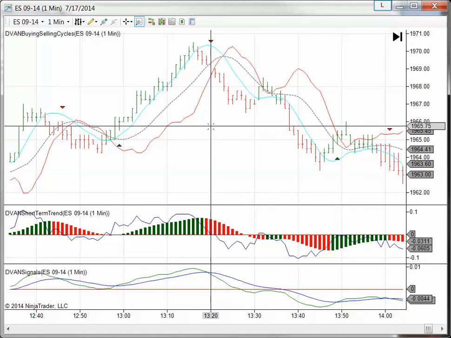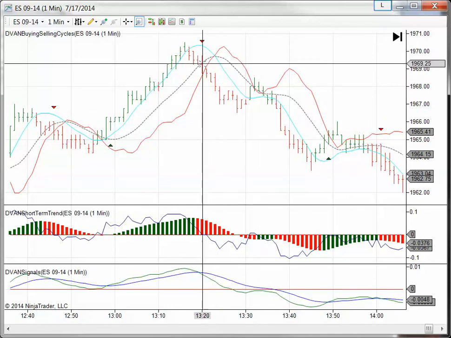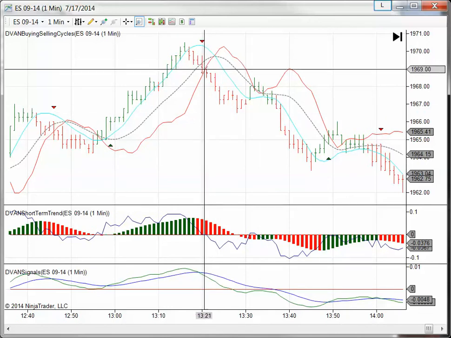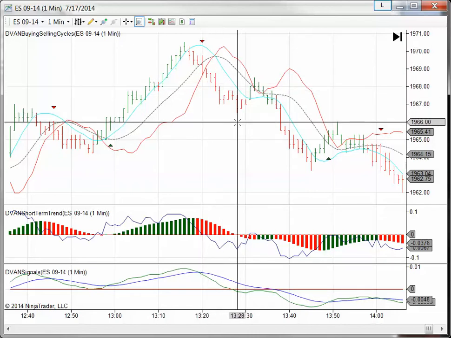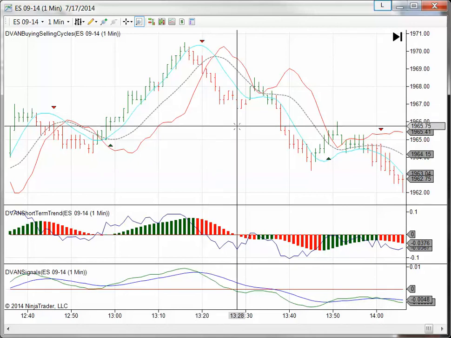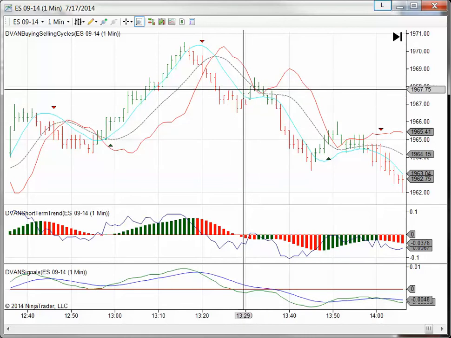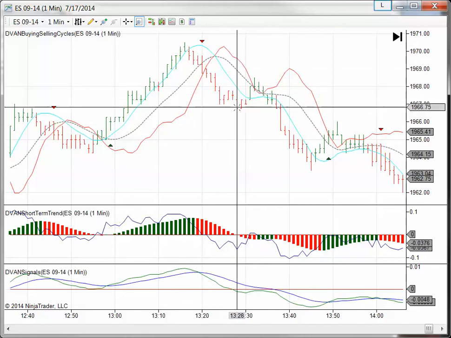If we take that short, or if we don't, what I wanted to focus on is the re-entry signal that's given at 1:30 p.m. This short signal leads into about a 4 or 5 point hit down from 1969 or so to 1966 or 1965. We get a subsequent bounce. If you get out of this short position, or if you missed the short position in the first place, a